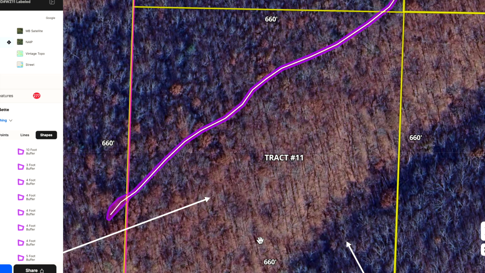It's nice in this instance because if this property had been logged at all in the last several years, we would see obvious signs of that with the wintertime aerial picture. And it's clear looking at this that there hasn't been any recent logging. We generally say that every property's been logged. There's no property with